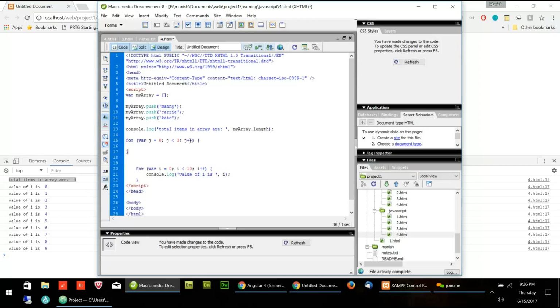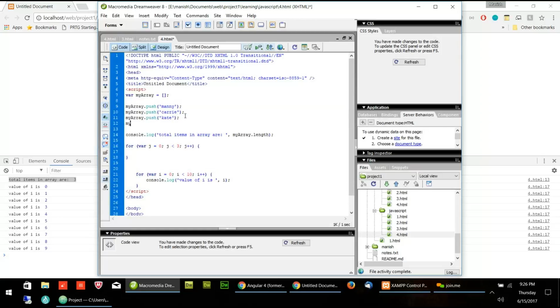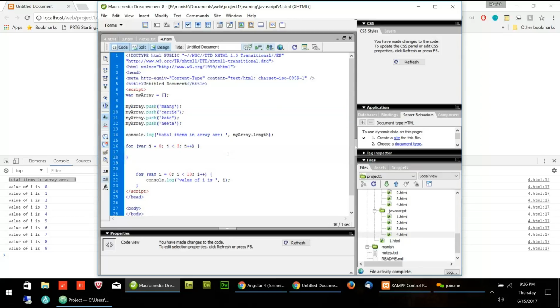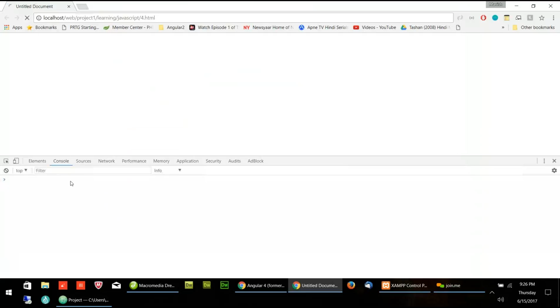And then, so now what is the 3? If tomorrow I add some more value, for example myArray dot push Nita, now there are 4. So now I have to change it to what? What should I put here? 4. So instead of putting 4, I can also take myArray dot length and put it here, because length will be 4 only. So let's see what is the length. So length is 4.